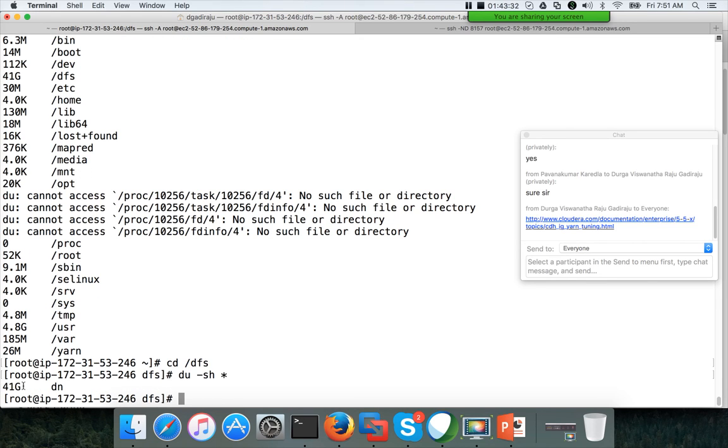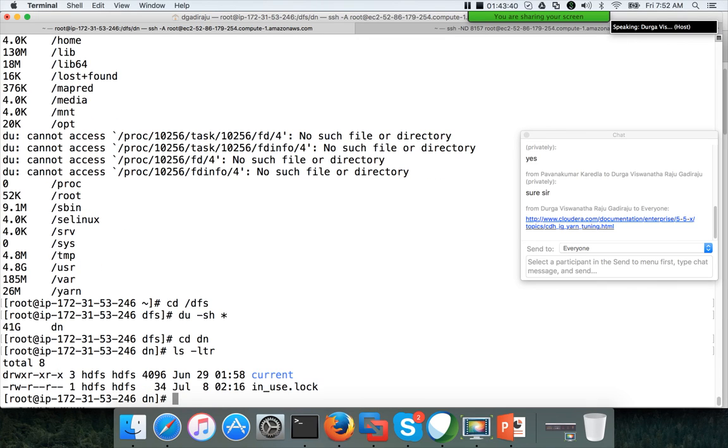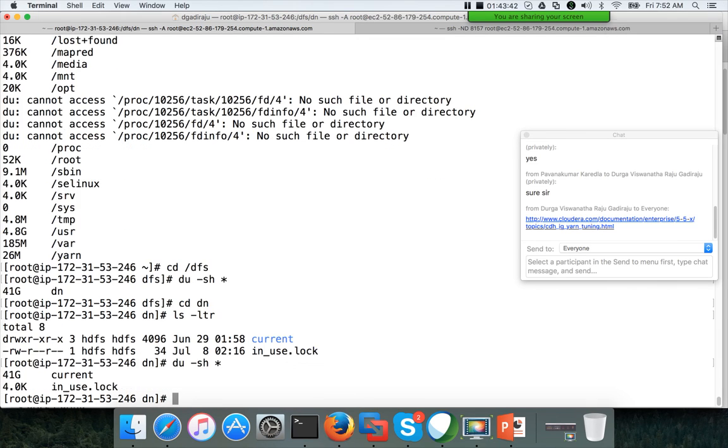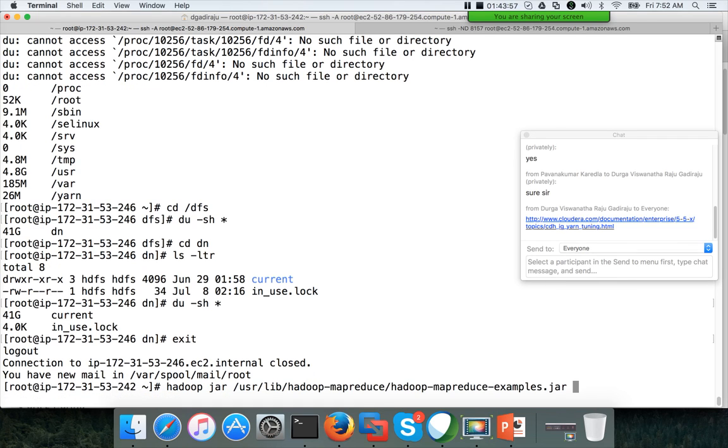You can see dn is the directory which is taking all the 41 gigabytes, and then du -sh * again shows 41 GB here. So I think the issue was that I removed the .trash directory, so it might not be able to clean. You should never do that. To quickly fix the issue, I deleted the .trash.